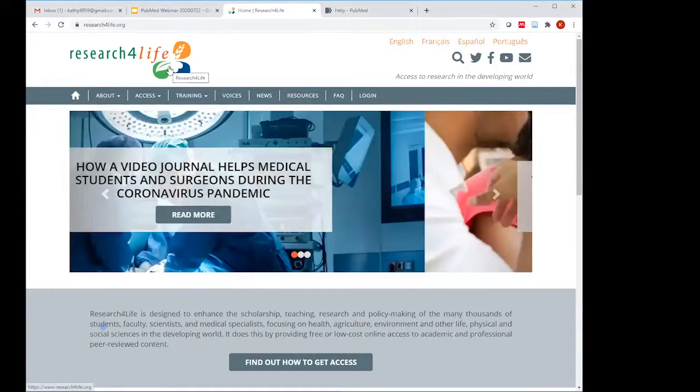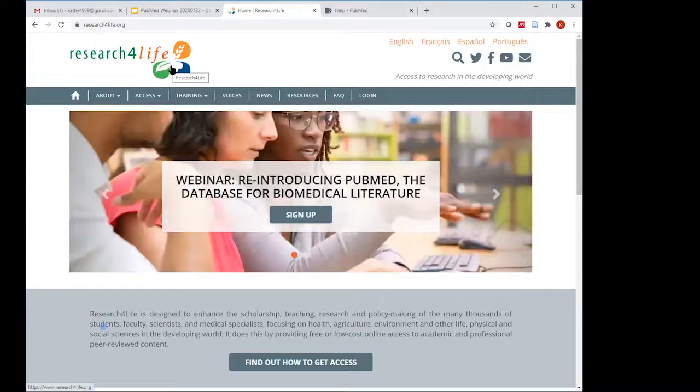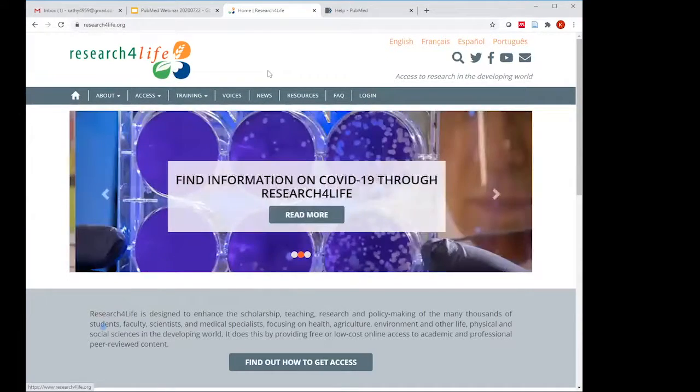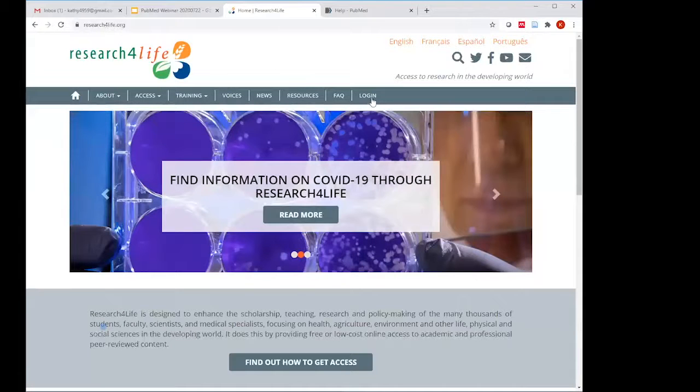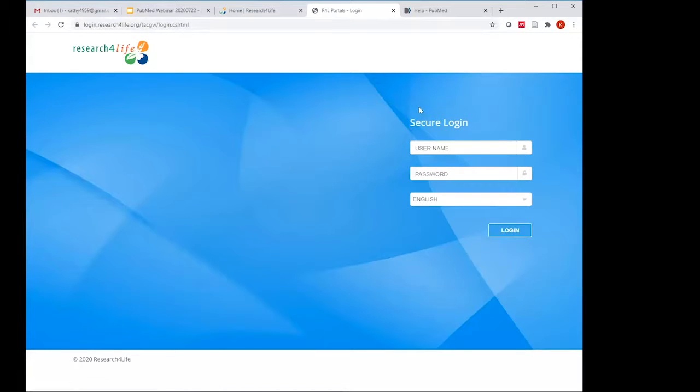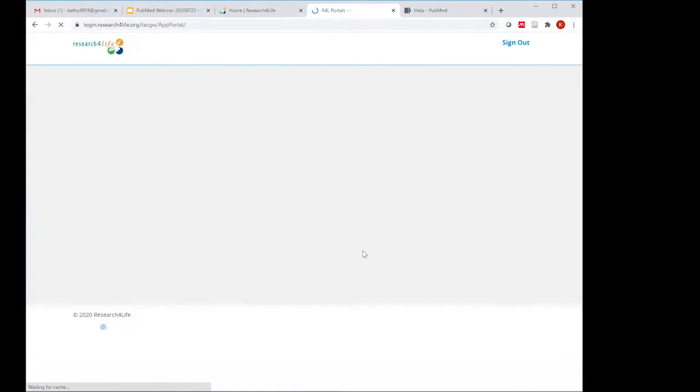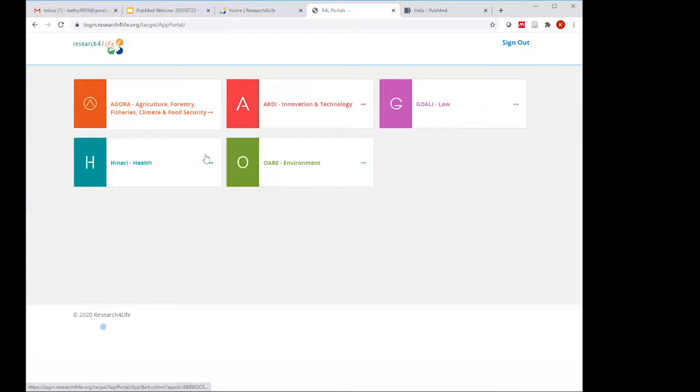Okay, so you access PubMed through Research4Life. Remember, it's very important to get the full text of the publisher. So you go from Research4Life's homepage, click login, and then you go to the login page, and go on using your login. And then you are logged in now, and go on to Hinari,